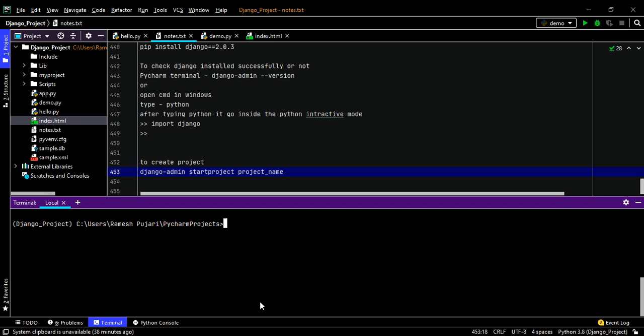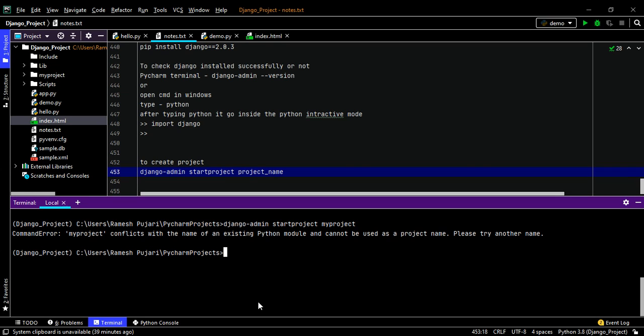The command to create is django-admin startproject, and then the project name. So you have to specify the project name. In this example, I will take my project name as myproject. So when I press enter, it will create a project called myproject.